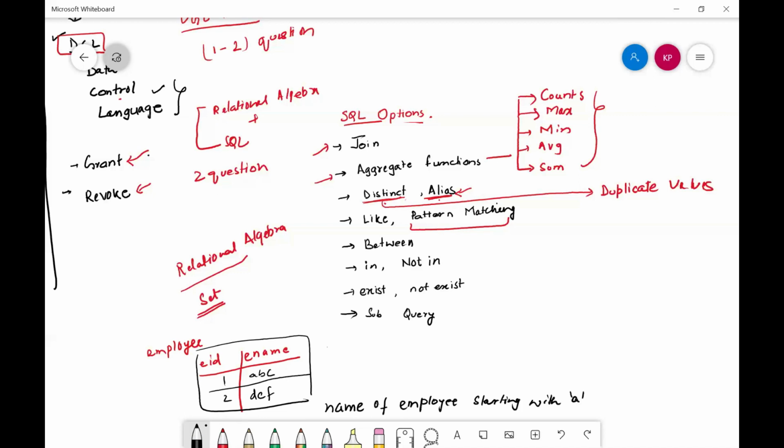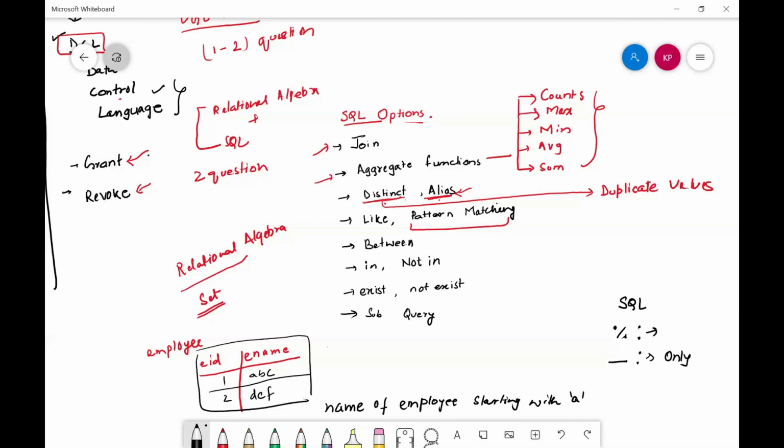For this kind of query, we cannot apply equal to. SQL gives us two wildcard characters: percent and underscore. Percent is used when we want to match any number of characters. Underscore matches only a single character.